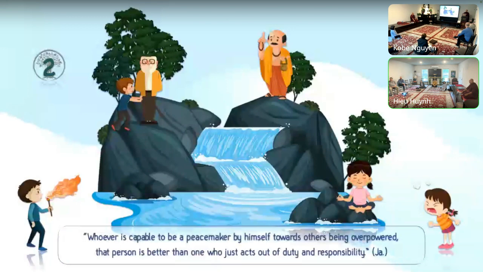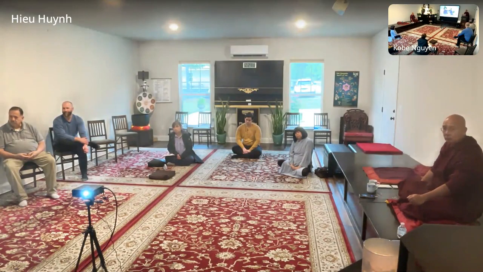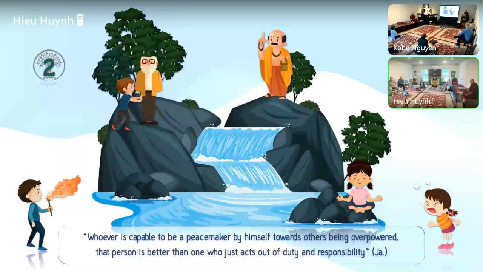He cultivates loving kindness, and that person is better than the one who just acts out of duty and responsibility. Because I'm a friend of his, so I have to help him. So that is called duty and responsibility. But the person with loving kindness, I help him because I love him, not because I have to help him. So that's why